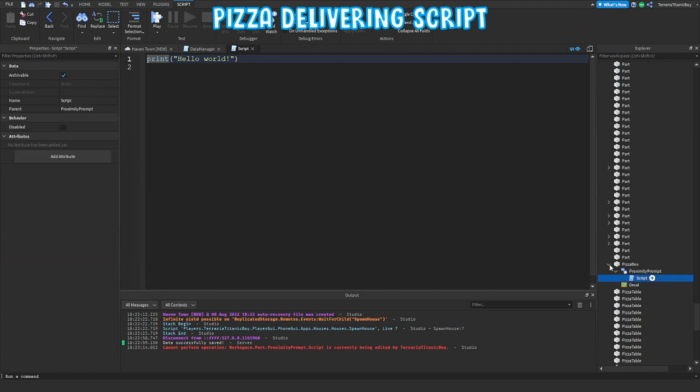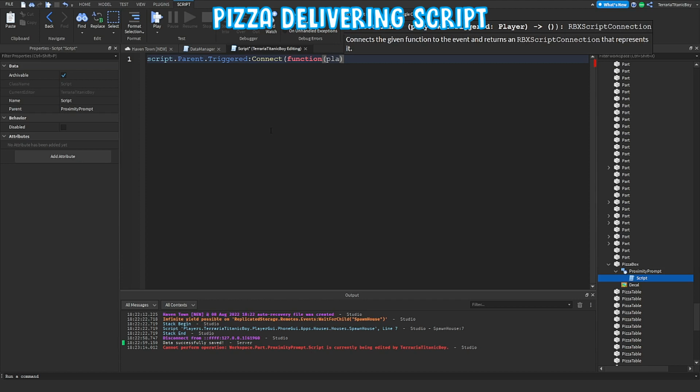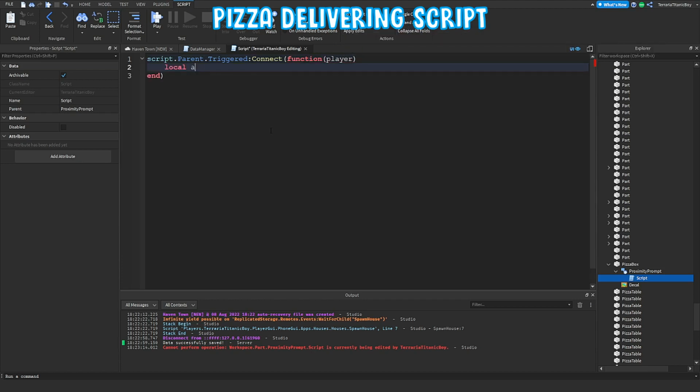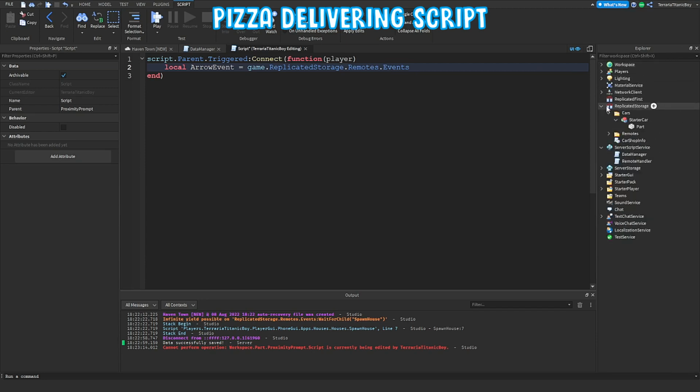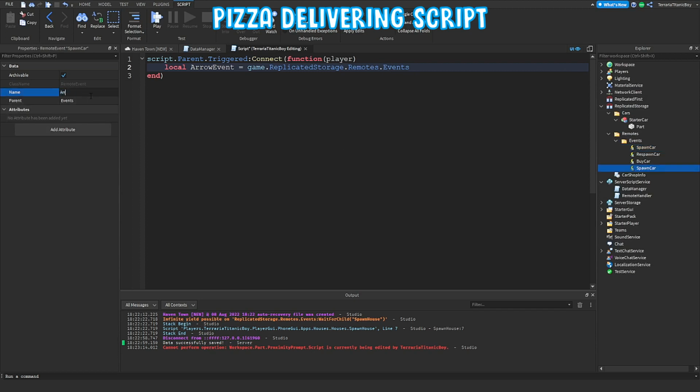So add in a script, and we're just going to do script.Parent.Triggered:Connect(function(player), and then local ArrowEvent, which is another thing we need to do, which is going to be game.Remotes.Events, and so forth, where we add in the arrow event, and then local customers, which is actually a new thing I'm going to do, in ReplicatedStorage.Customers, which means we need to add in